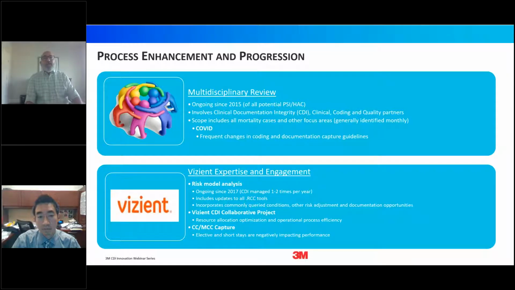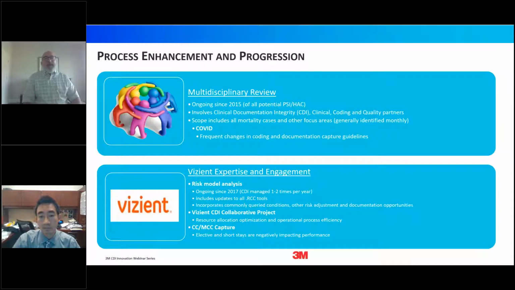We also have a very large Vizient expertise and engagement from the CDI, and so we do risk model analysis, and we've been doing this since 2017. And we have a tool that we created, which is called the .rcc tool, and it is a tool that is embedded in the provider's documentation that they can use to identify conditions present on admission or even conditions not present on admission. It was mainly developed for our Vizient models and making sure that we're capturing all of those diagnoses, but it also helps to